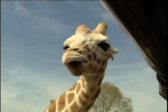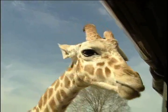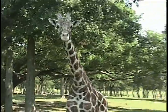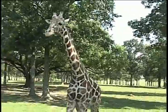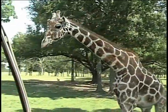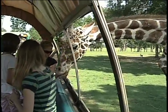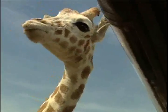Even though it is a gentle giant, the giraffe isn't something you or any creature wants to mess with. Their kick is very powerful. They can kick with both their front legs and their back legs. They can actually kill a lion with one kick. Wow. So there are not a lot of natural predators for the giraffes in the wild. And these are all African? Yeah, they're